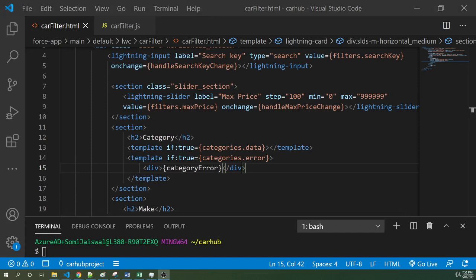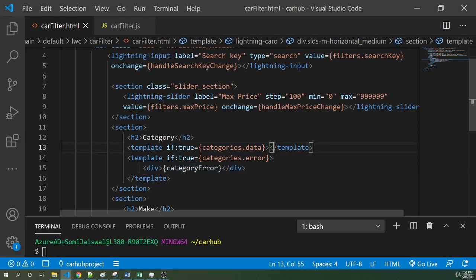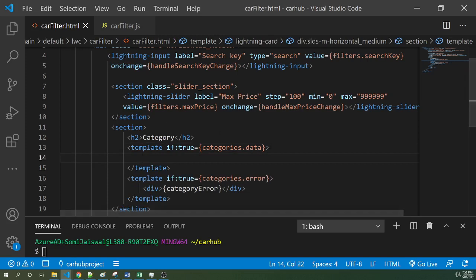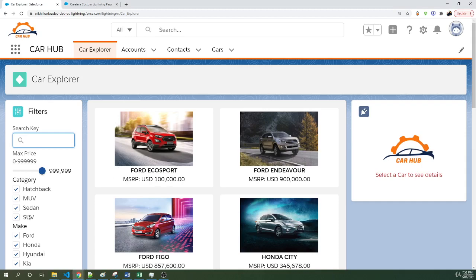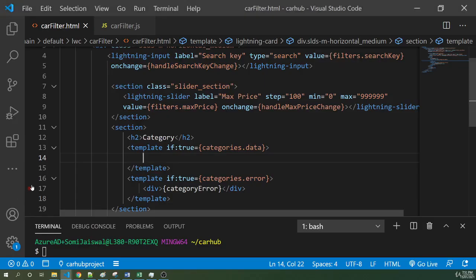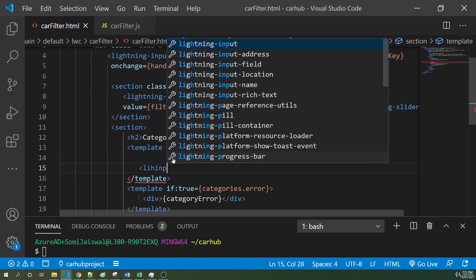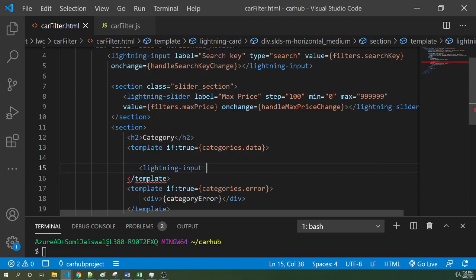So now when the wire service sends us the error, then this message will load, otherwise whatever we'll create here will load. And now if we look at the actual output, we are looking to build the checkboxes, right? So let's go and build the checkboxes. And to build the checkbox, we need a lightning input, and we need a label. We need to tell the type as well. Type is checkbox,